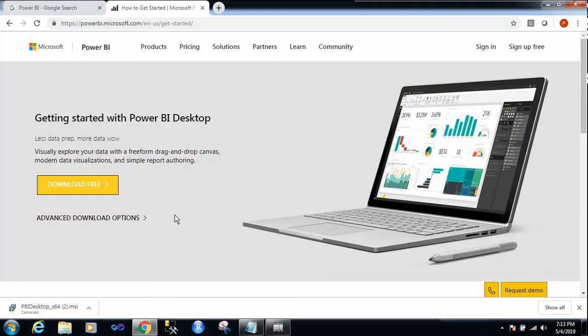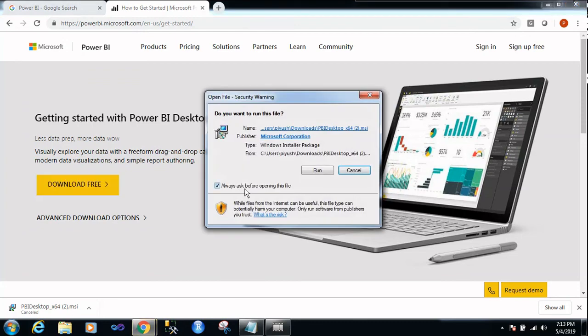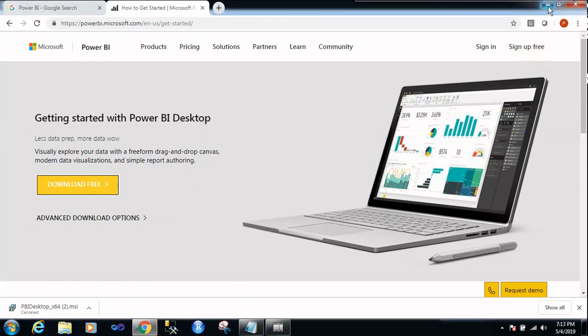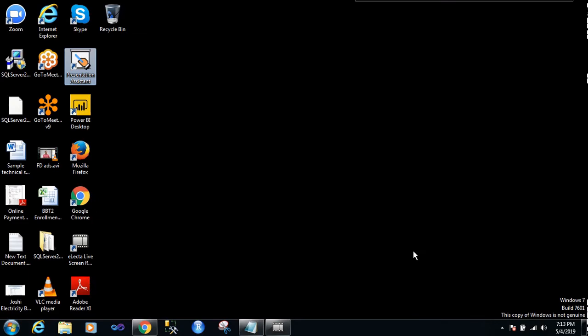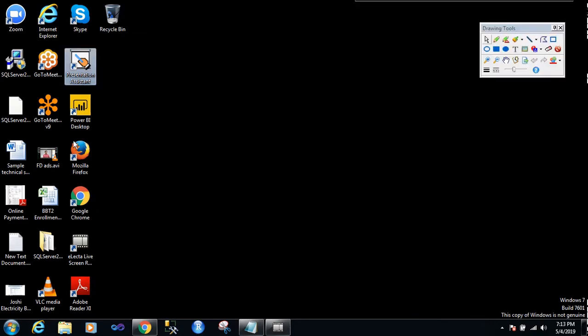Okay guys, it got downloaded. You can click on run, and it will start executing the installation of Power BI. After installing it, you will get a Power BI icon on the desktop.